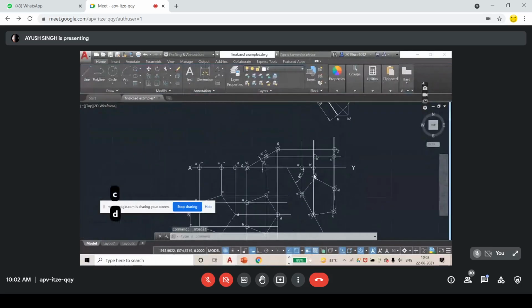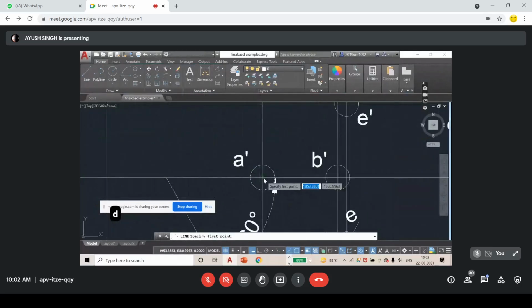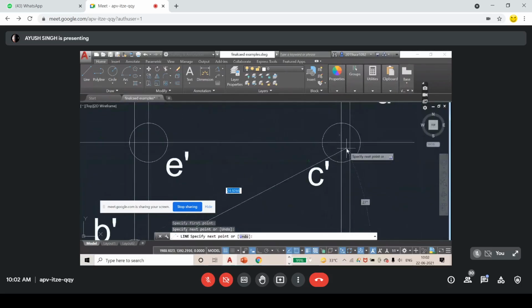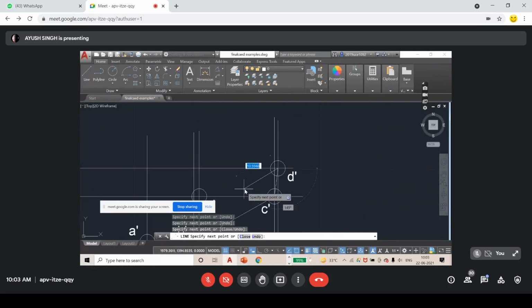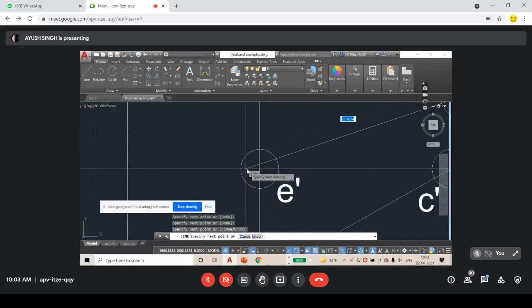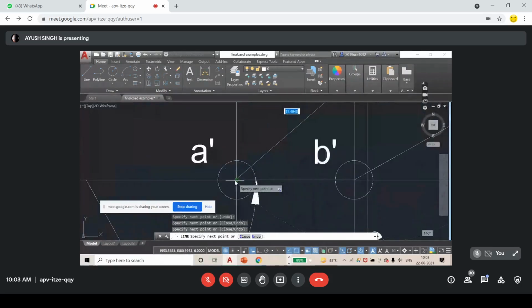You have to be faster than this in your exam because I am explaining as well. So make sure. Okay. Now connect A dash, then comes B dash. Don't join this. The point is here. B dash. Next is C dash. The point is not here, the point is here. C dash. Next is D dash. The point is not here, the point is here. D dash. And E dash. The point is not here, the point is here. E dash. And next E dash after that. Close it to C endpoint.